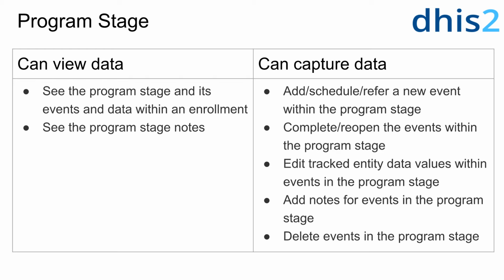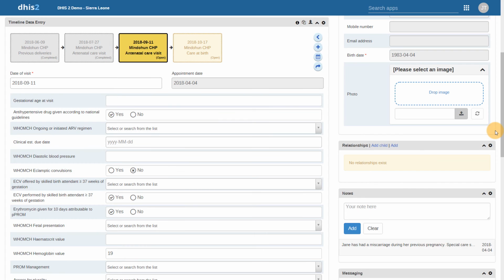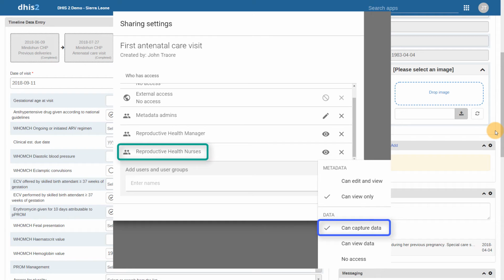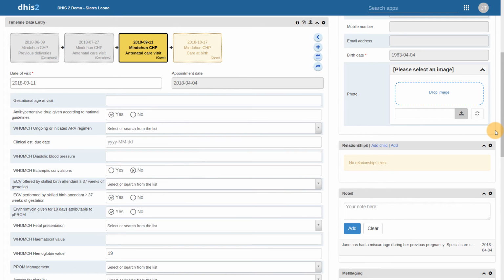This is the final relationship between these three metadata objects. Users assigned the data CanCapture data sharing setting for a program stage must also have appropriate sharing settings applied to both the tracked entity type associated with the program, as well as the program itself. Additionally, as before, the user authorities assigned to these users must have the proper permissions in order to perform these functions. If we have applied the data CanCapture data setting to the Reproductive Health Nurses user group for all of the program stages within this program, in addition to the functions granted by the data CanView data sharing setting, which also allows for viewing the data in analysis applications, the data CanCapture data setting allows the users within this group to add new events within a program stage,